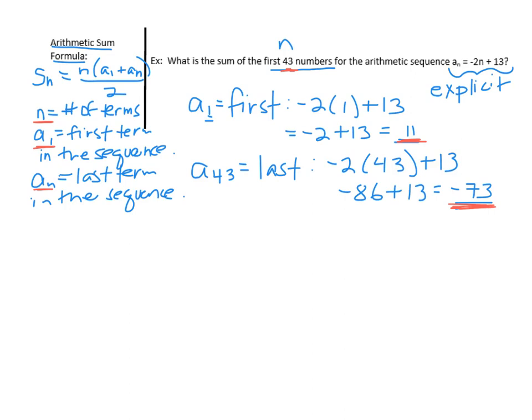Let's carry on. When you know all those pieces of information, it's really easy to find the sum formula, but this is where your calculator will come in handy. Now to use the definition, S sub n equals, well, n is 43, so we would default that to S sub 43, equals n, which is 43, that's how many terms there are, times the sum of the first term,